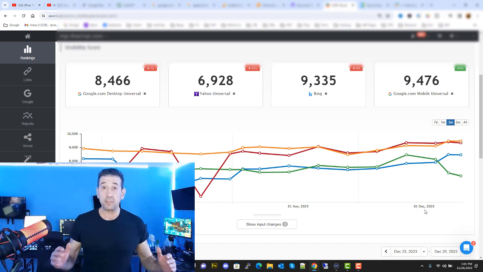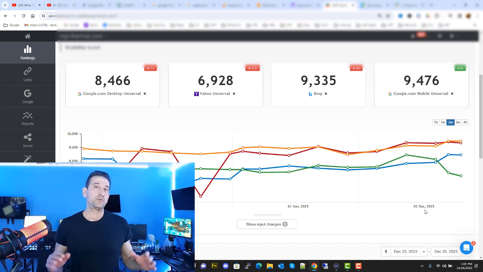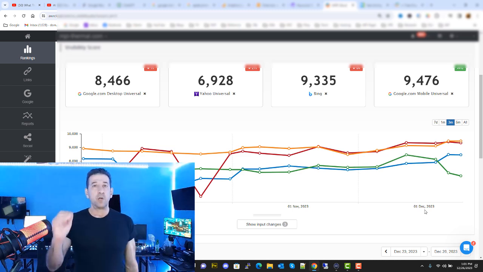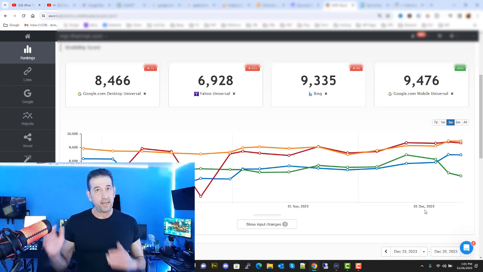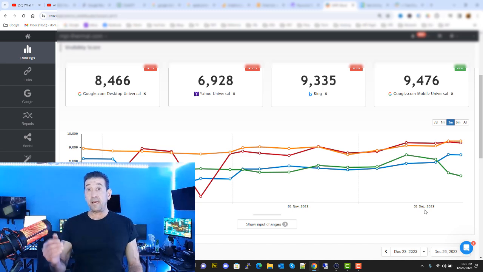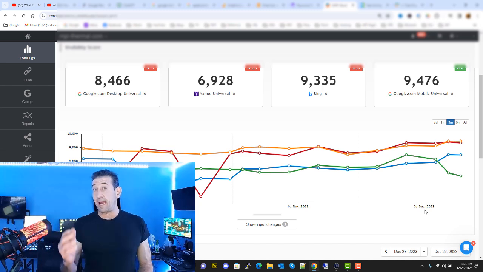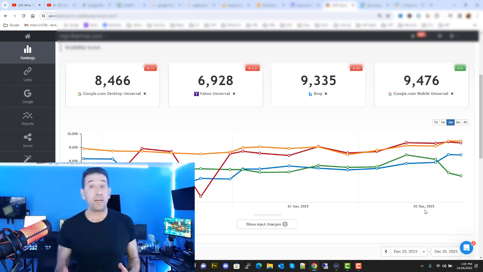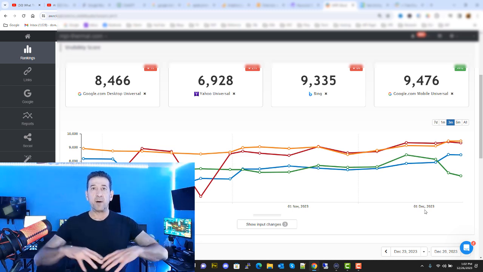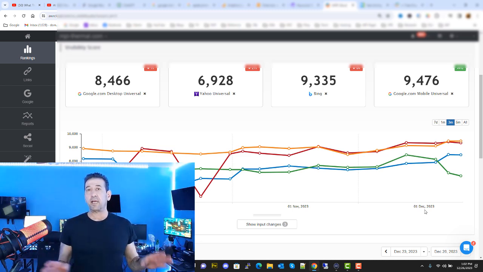But what Yahoo does tend to do is give a really good average representation of the rest of the search engines around the world. This is a global client, so other countries have their own country search engines or the Google variation, or they use Yandex, DuckDuckGo, Ask.com, Search.com, whatever it may be. But I don't analyze all of those. Yahoo acts as my average indicator of all the others, and I found that to be very reliable over the years.